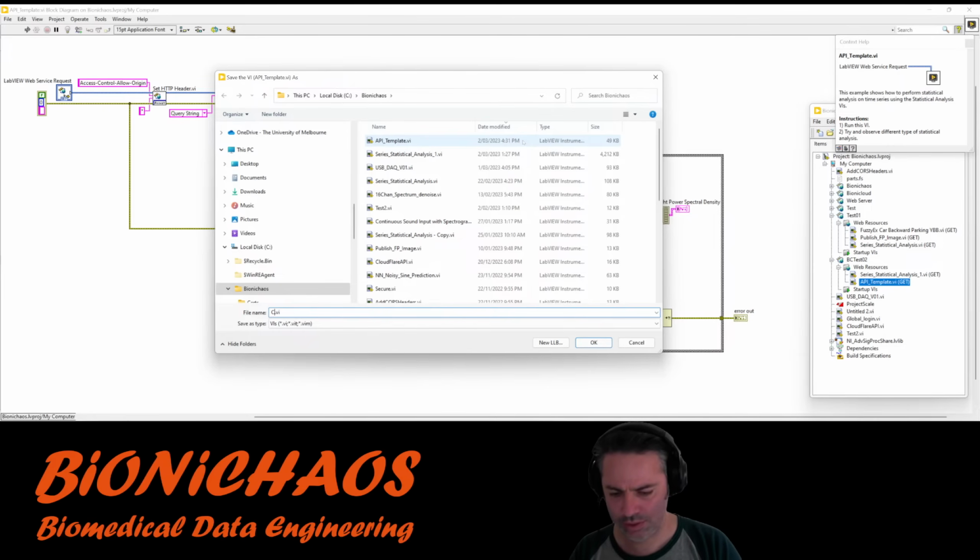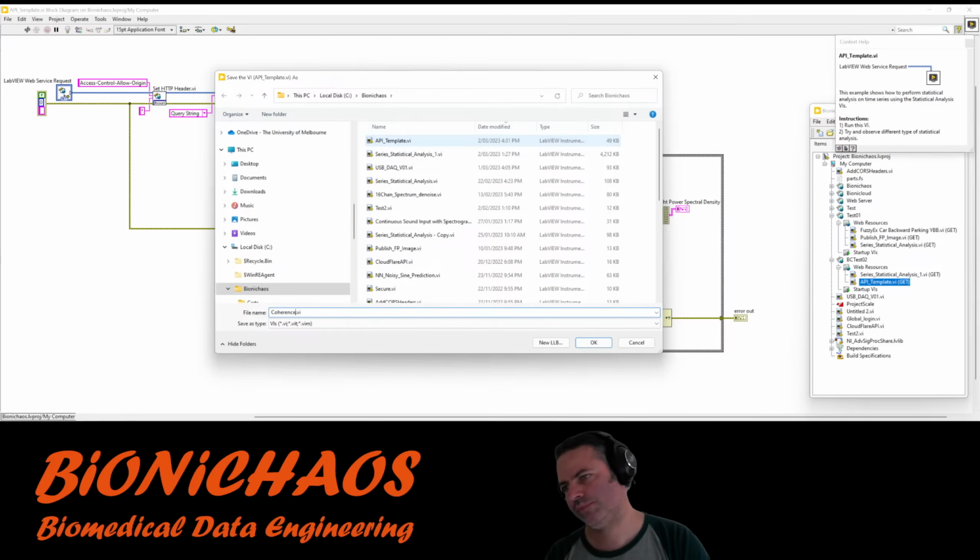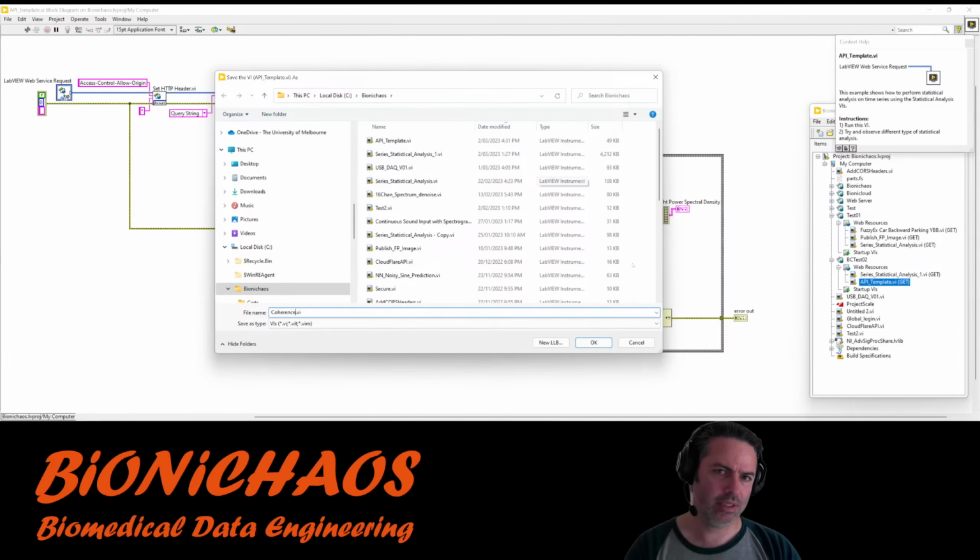Let's go here. Oh, it does spectral density as well.